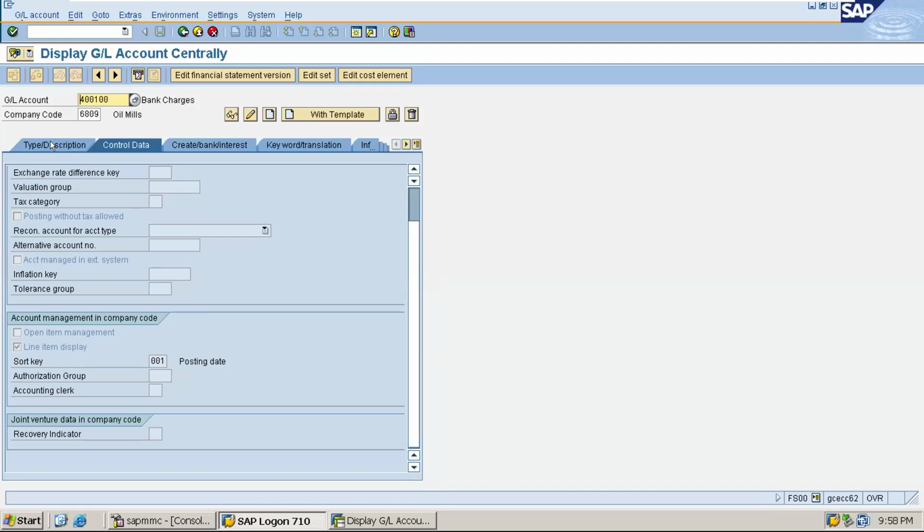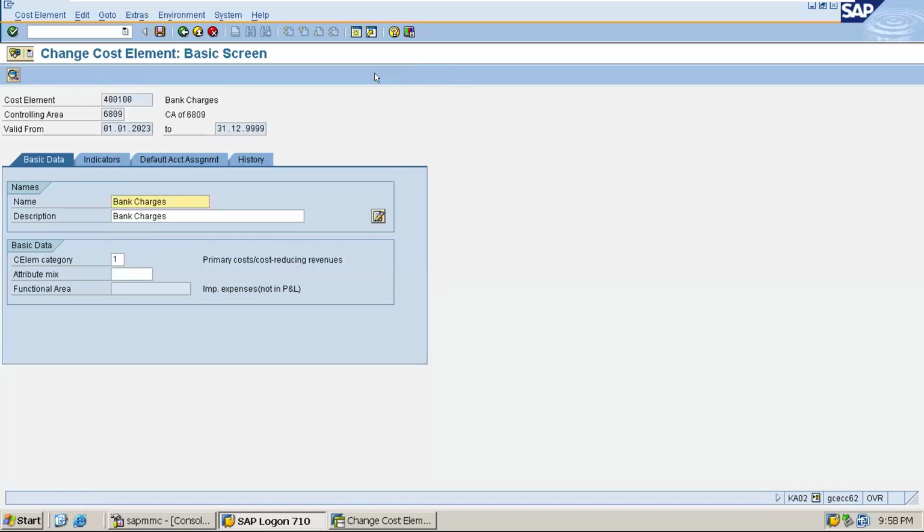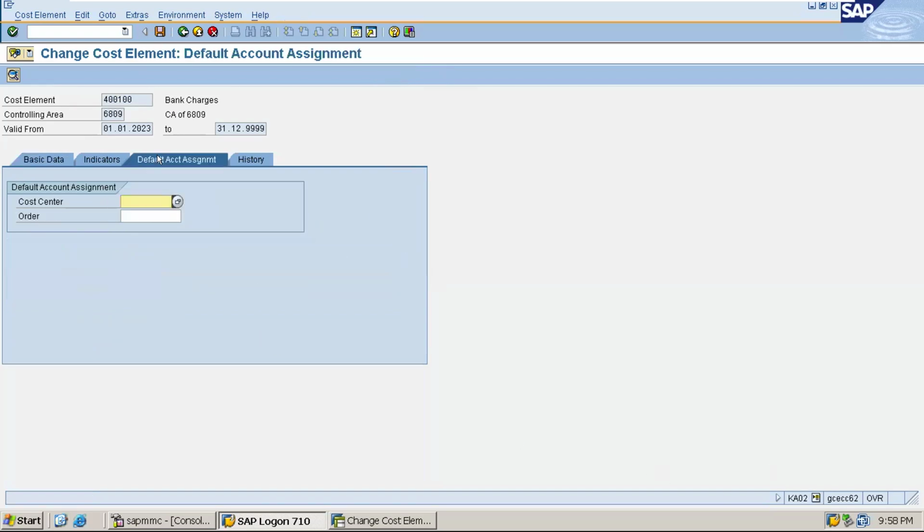Now, after creation of the GL account, if the GL account is a profit and loss account and I want to create a corresponding cost element, we are in the screen of creation of the cost element, KA02. In the ECC system, we can maintain cost center derivation, which is the default cost center we were able to assign to this cost element.